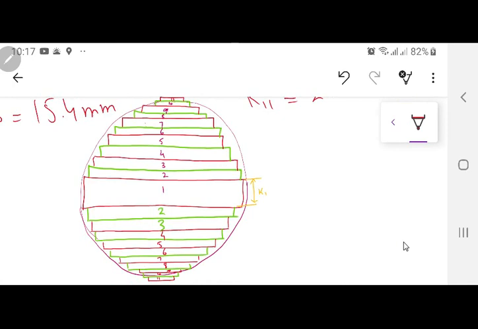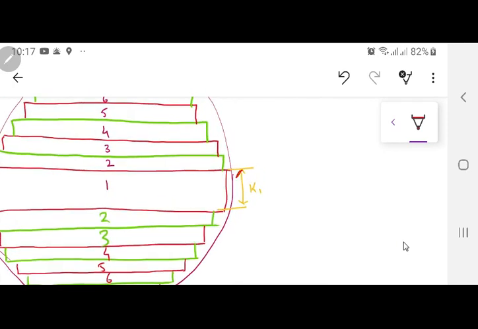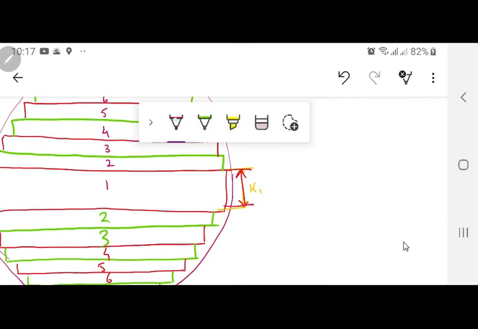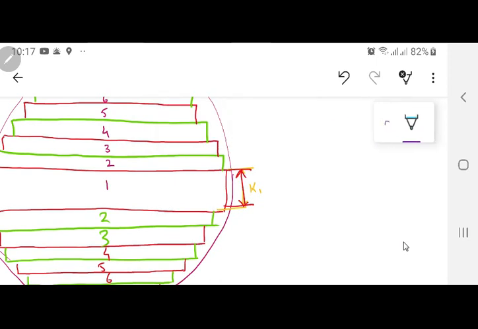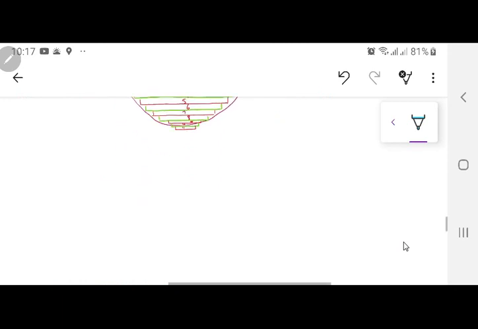Okay. Now question over here, if this is K1, please listen, this is K1. If we go with another color, this distance and this distance, if you add these two, is this equal to K2? This is equal to K2. Similarly, this distance and this distance is K3, the next one K4, the next one K5. Now instead of doing it on a diagram, we are going to